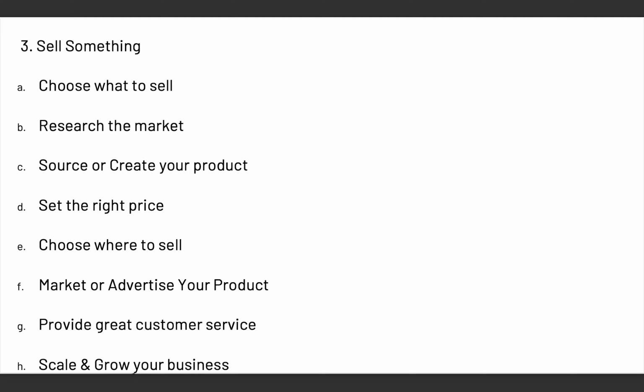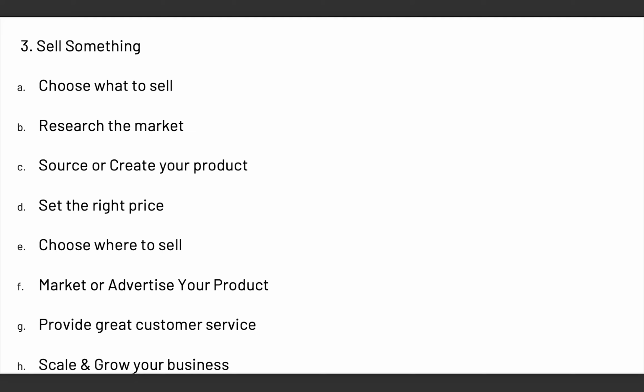Now, if your product is something you want to sell online, whether physical product or digital product, you can create an Instagram page for your product where you can advertise your product. You can use Facebook Marketplace and WhatsApp Marketplace to promote your product. You can use an e-commerce website to promote your product. And maybe if it's a video course, you can use your own website to promote your product, or even use platforms like Udemy, Coursera, and so on. These are different platforms where you can sell your product if it's an online product.